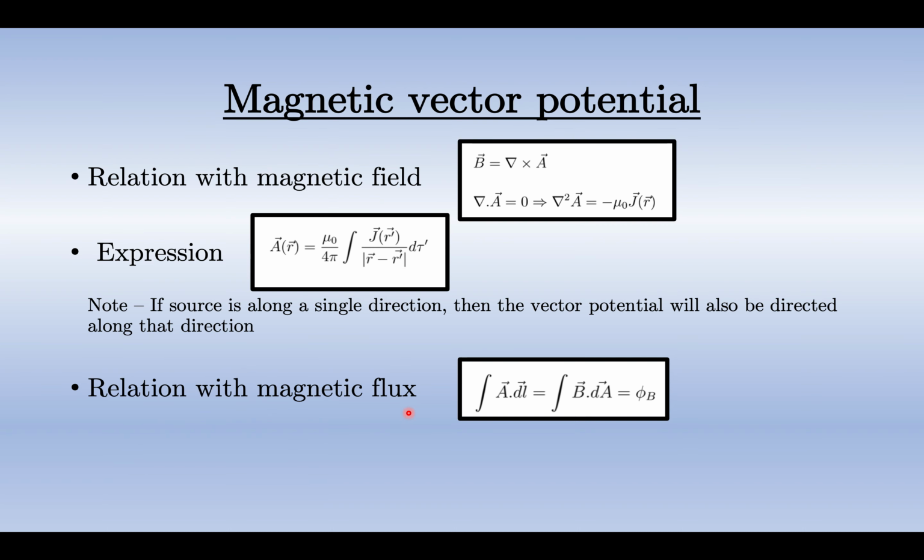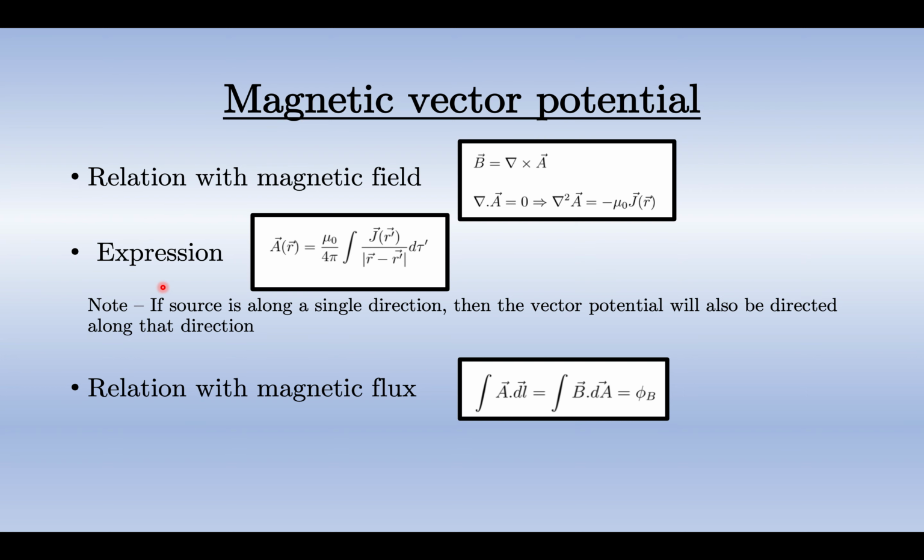Then the next topic is new, and it can be non-intuitive at first, but it is quite easy once we deal with it. That's the topic of magnetic vector potential. Since we know that the divergence of the magnetic field is 0, we can express it as the curl of some other vector field. That vector field is called the magnetic vector potential. Similar to how we wrote electric field as the negative gradient of a potential, it's a similar idea. We can set the divergence of that to be 0, and with that we can get an equation very similar to Poisson's equation but in vector format.